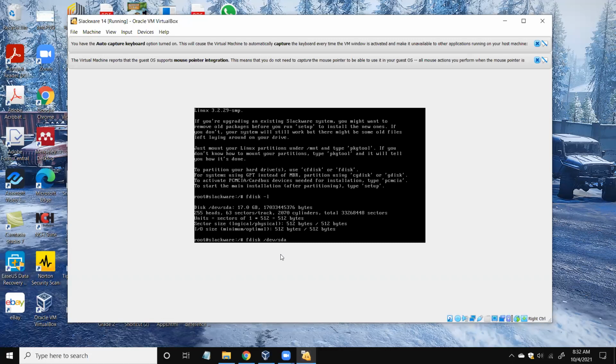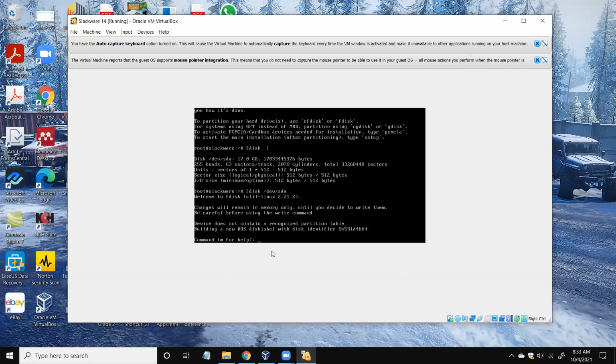If it is an IDE, it will be given as H. So it would be given as hda or hdb like that, right? So you can identify the type of the hard disk as well from this. So then we will press enter, right? So now I am using the tool called fdisk to partition the virtual hard disk called sda, right?